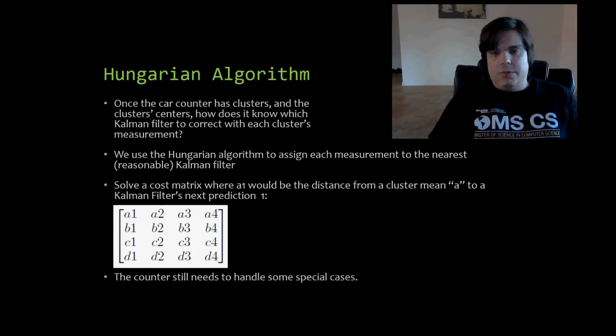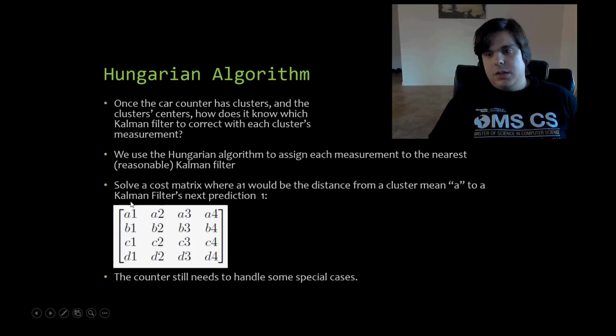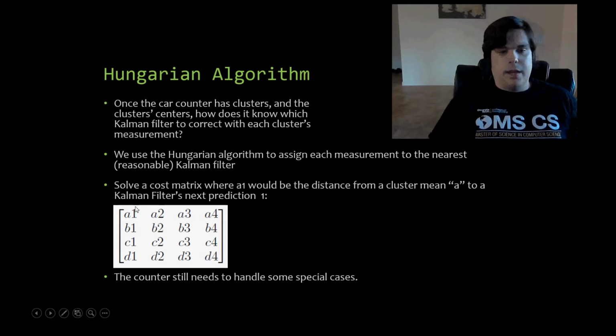Each measurement has to go to a different Kalman filter. So how are we going to do that? We're going to take the distance between the cluster's mean, A, and the next prediction of the Kalman filter, 1. So if we have a Kalman filter 1 and we have a bunch of different points from the clusters, here's our prediction and points, we're going to go ahead and make a cost matrix. The distance between the point and the prediction is going to fill out all of these entries. We solve this, and then with the Hungarian algorithm, we're going to have assignments for each